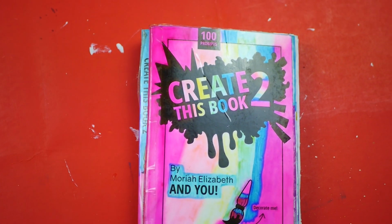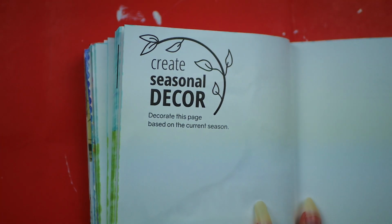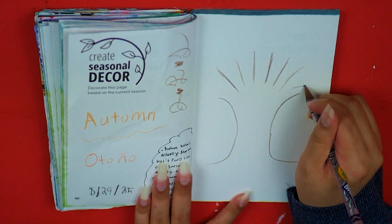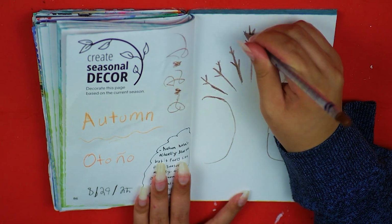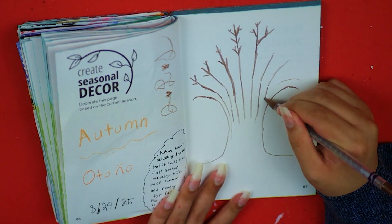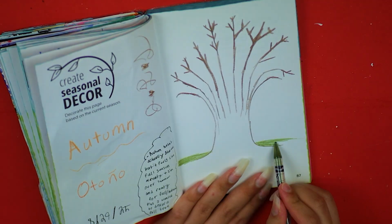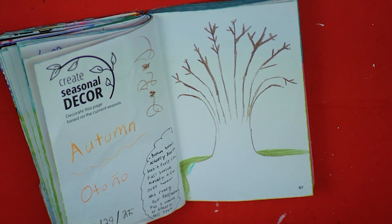But moving on to my Create This Book 2, the page for this one says to create seasonal decor, to decorate this page based on the current season. Now, when I sat down to do this, I was fully convinced that it was already fall or autumn based on the weather and the temperature and just how it felt and looked outside. But after I had already started drawing the tree and everything, I realized that it is in fact still summer